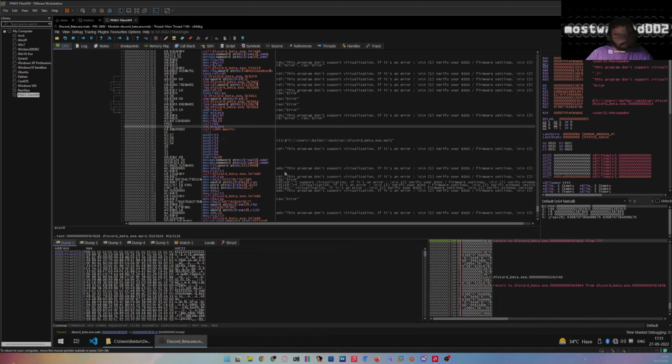So that's one thing. So we can do one thing. We can also set a breakpoint here and see,